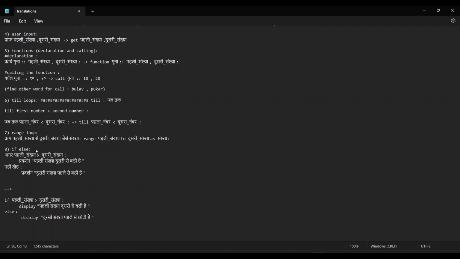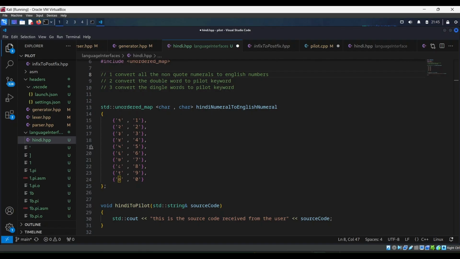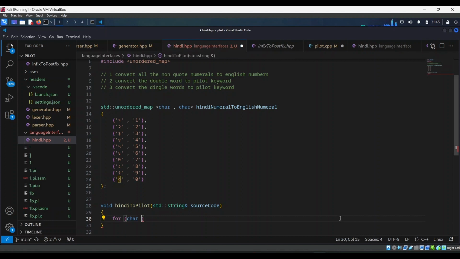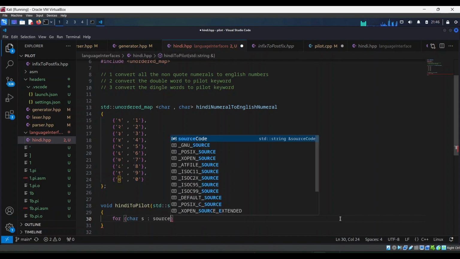So over here, else has nahi to. So we have to work with these. So first let's implement the number thing. That's going to be the easiest if I am not wrong. So what do we do is we just do for character s in source code,